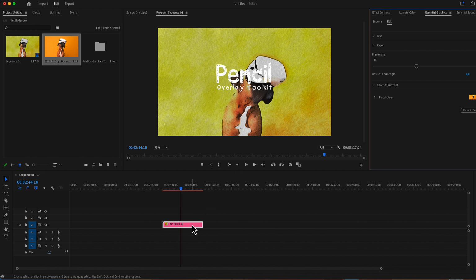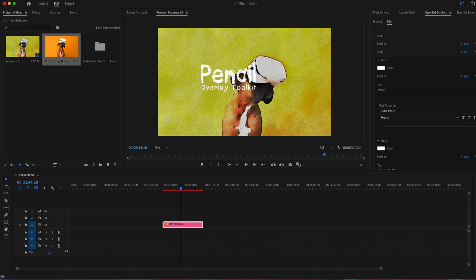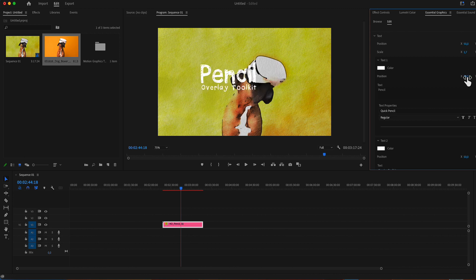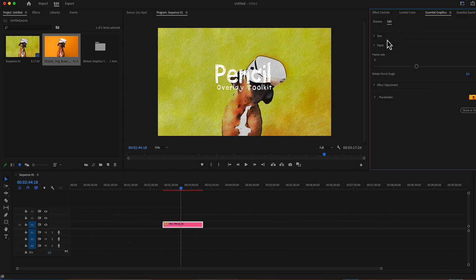Let's see the controls. Selecting the mocked layer, in the Edit panel of the Essential Graphics menu you have the color for the text as well as the position for both texts, the scale for both texts, but you can have individual position control for each line. Of course, you can change the font and edit the text as well. After editing the text and selecting the colors for the text,